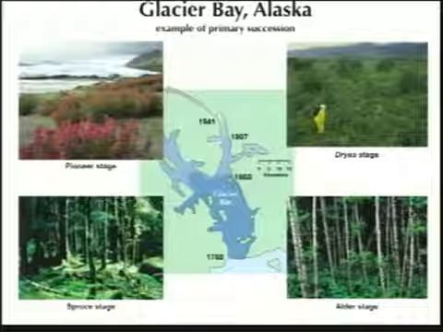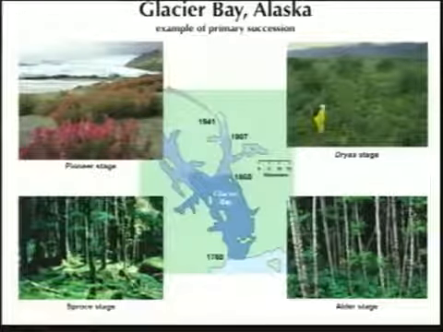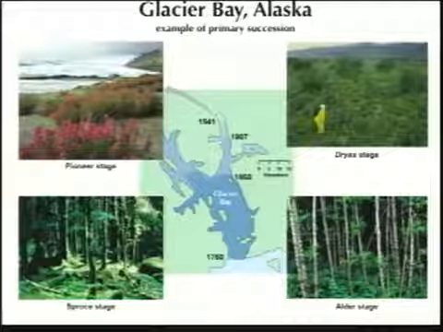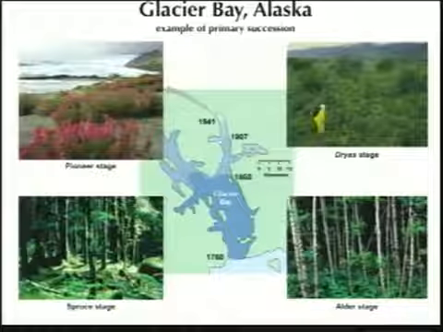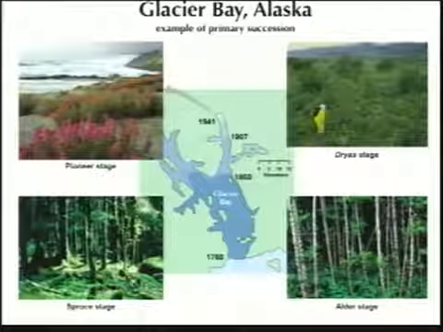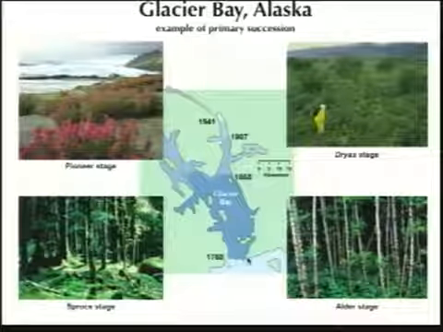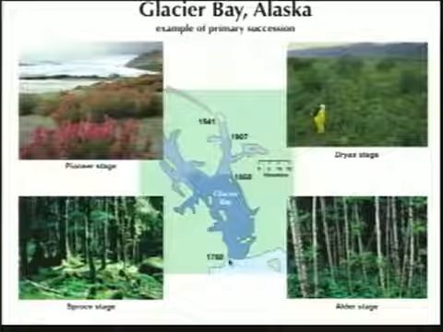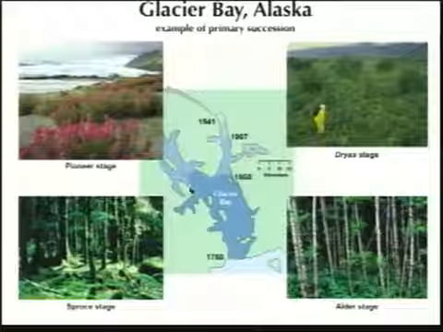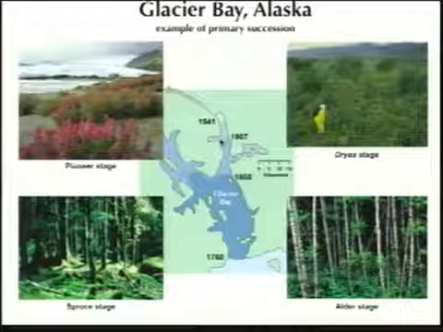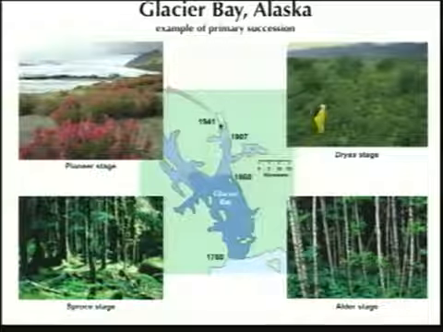So let's look at this example from Glacier Bay, our last thing today. It's a pretty complex example, but it's a great one. This is a case where succession takes a long time, longer than the lives of most ecologists. Here's a case where you have this glacial retreat in Alaska, glaciers that were extended to the coast in 1760 that have been gradually retreating, such that 100 years later they were all the way back here. Another 50 years they're back here, and another 30-some years they've retreated to here.